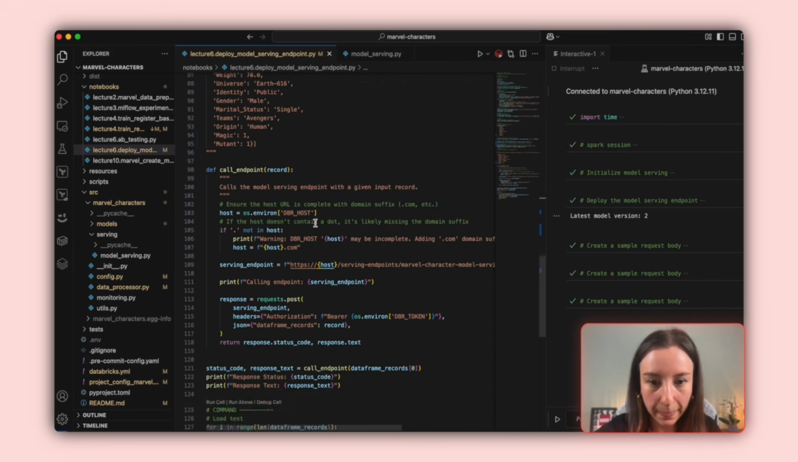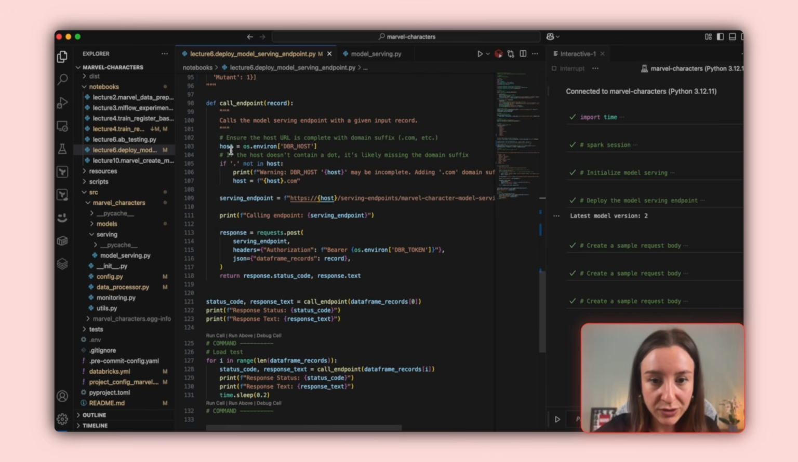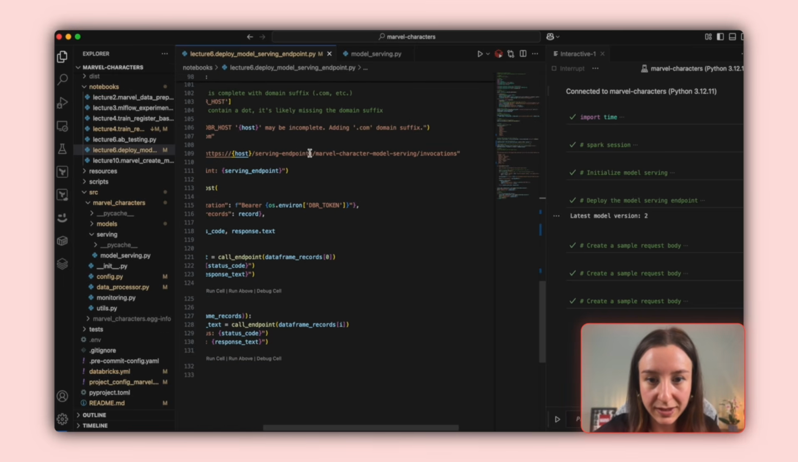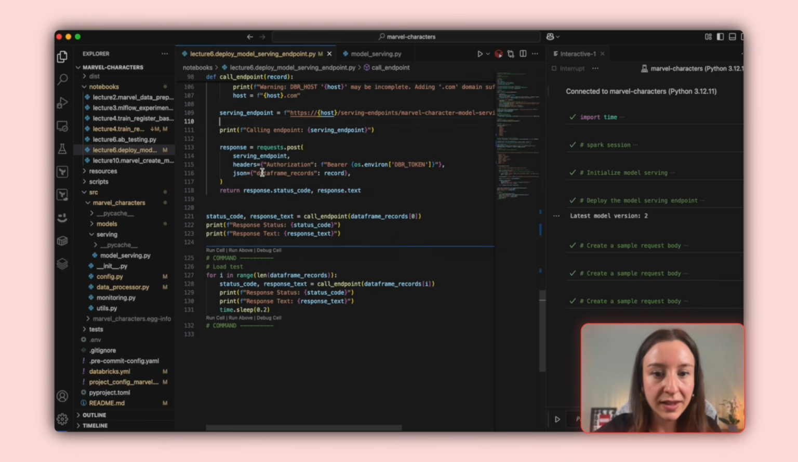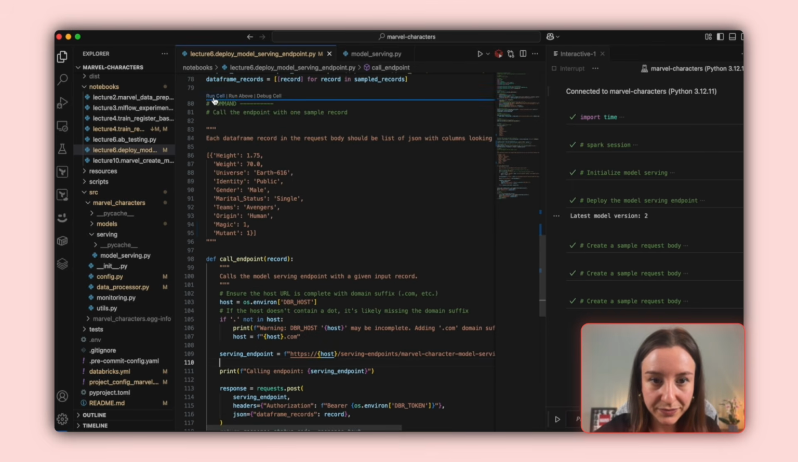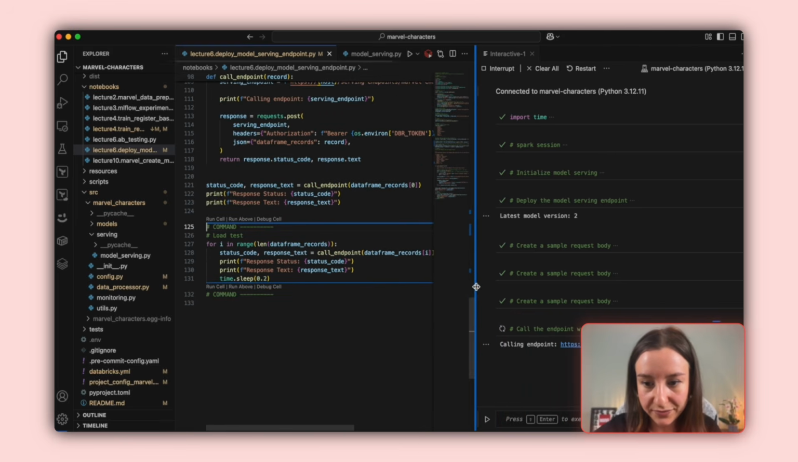values. Here I define a call endpoint function, which calls the model serving endpoint with a given input record. It takes the host name from environment variables, and then it creates the serving endpoint name. This is the serving endpoint name that we just created. And then it simply sends a post request. So let's run this